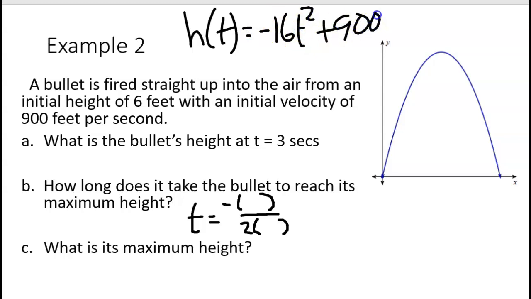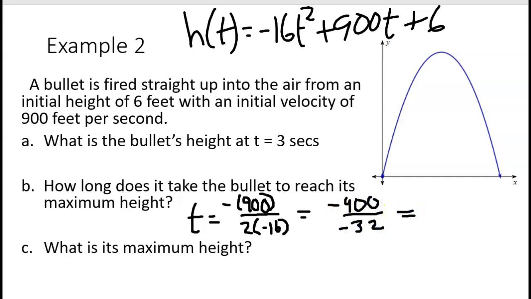I'm going to write that formula back up here at the top really quick. And so my b value is 900, so I'm going to write 900 in here. And my a value is negative 16. So what I end up with is negative 900 divided by negative 32,